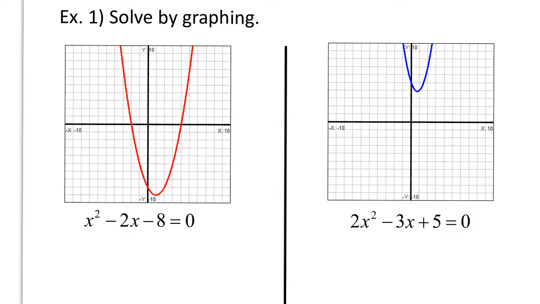So what am I looking for? The parabola of this equation is already on the graph. So we have the U-shape going up, and it makes sense because the a value is 1. The y-intercept is -8, so you can see the y-intercept, but we're not looking for that. We are looking for the x-intercepts. So one of them, and I'm just looking at the graph, is right here, and the other one,